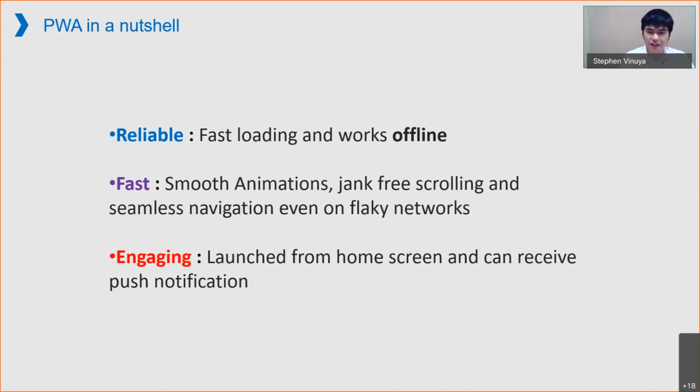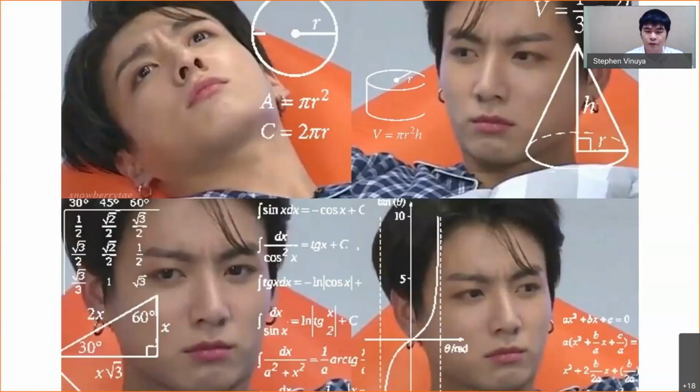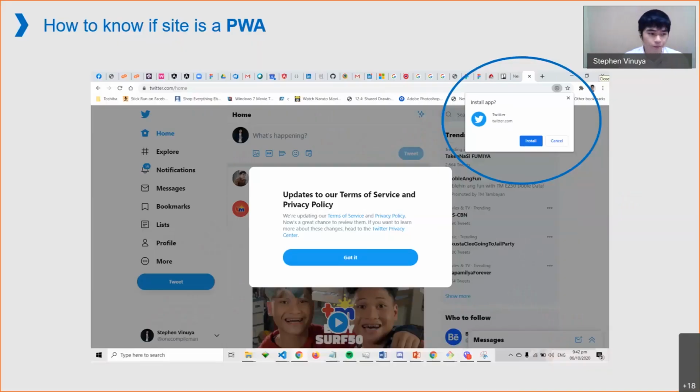So that being said, I think to clear some confusion about what a PWA is, let's see how you can know if a website is a PWA website or not. So let's say, for example, Twitter. Twitter is one of the big websites that are PWA. So to know, one of the main features of a PWA is,